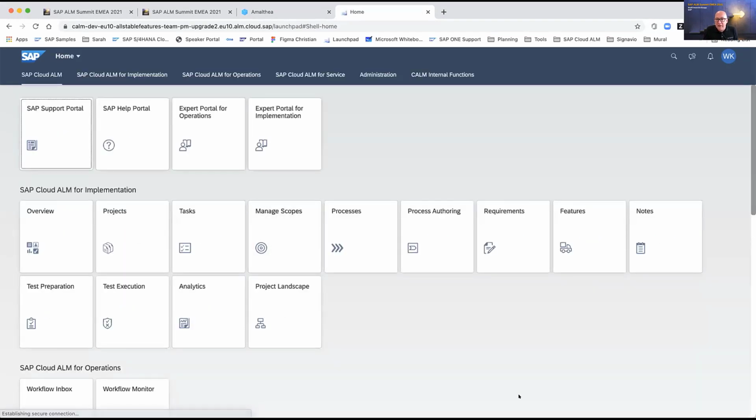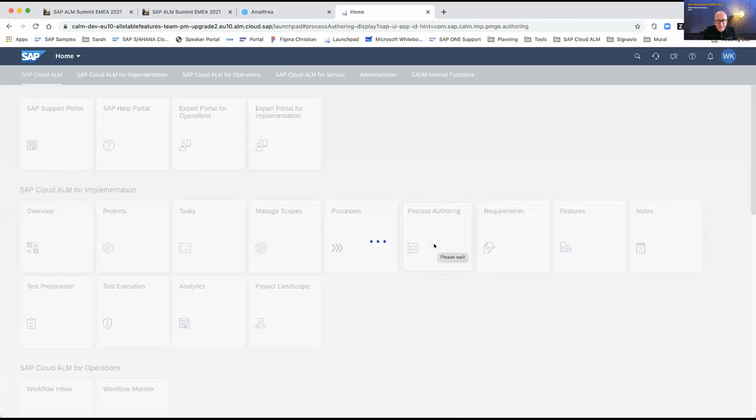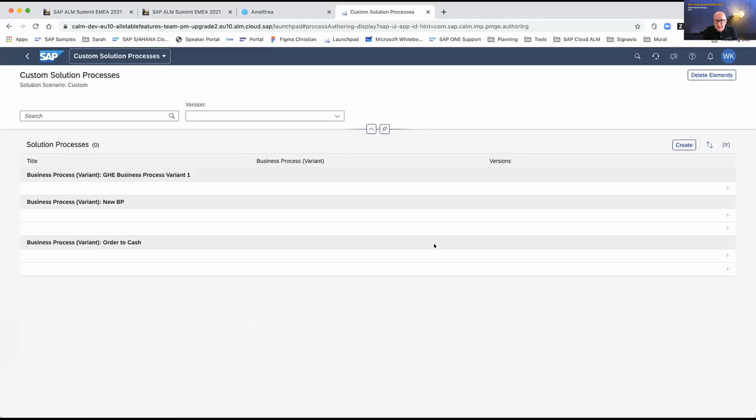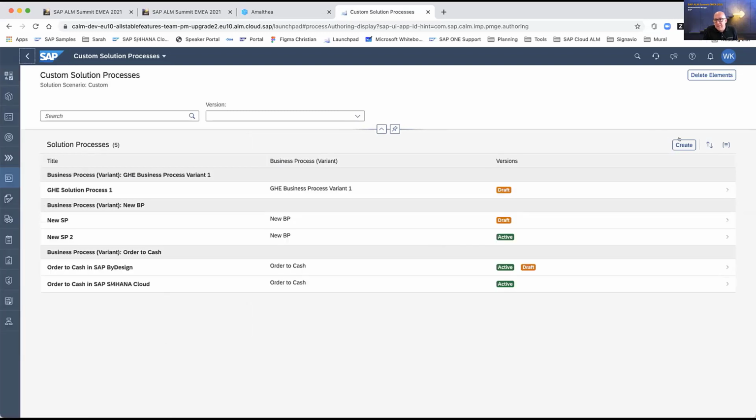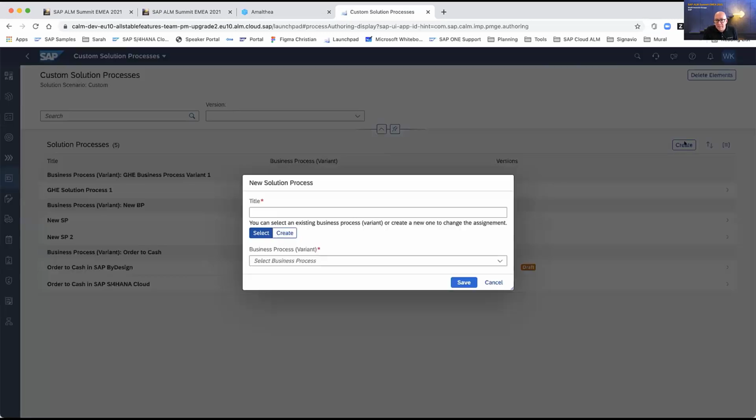Okay, so this is the Cloud ALM. I think this is something you know. So let's go first a little bit into process authoring, because this is a pretty nice feature. Let me show you a little bit of BPMN modeling here. So I hit the create button, and then you see that you have 2 entry fields. Here we have the name of the process. So I will do my custom point of sales process. That will be the process I do.